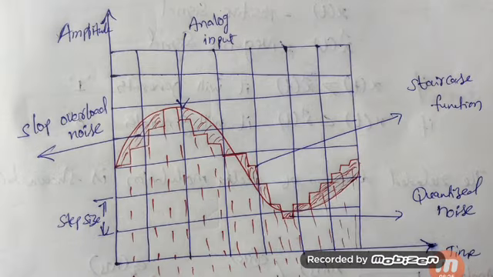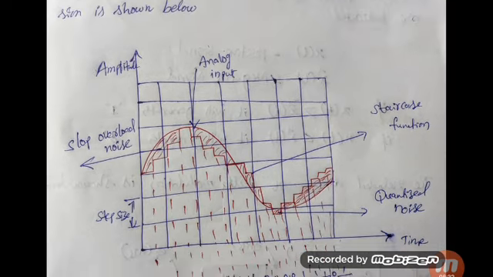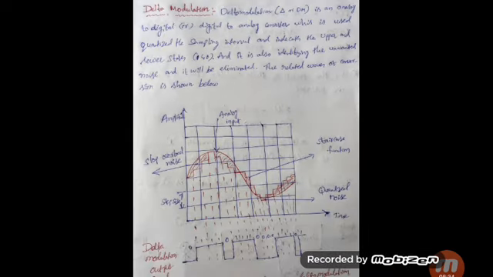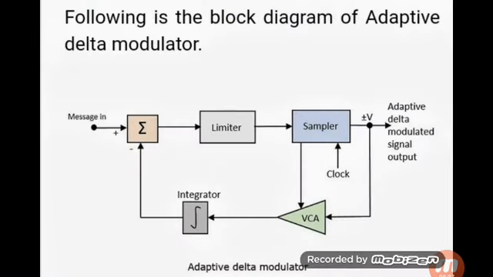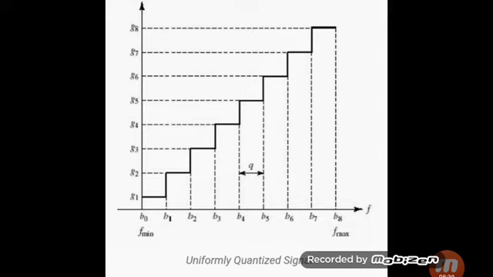The main concept of adaptive delta modulation is to overcome the slope overload noise. At the same time it uses step sizes, either minimum or maximum, as we require, to convert the signals from analog to digital. In that situation we use several big step sizes to increase the quality of the signals as we need.